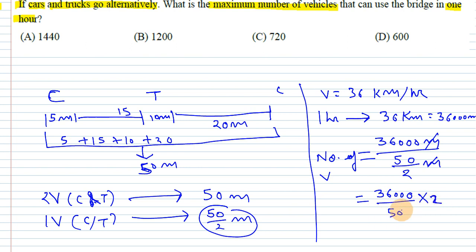Okay, this zero gets cancelled with this one, and 5 7s are 35, we are left with the 1, then 5 2s are 10 and 0, and we multiply with the 2, then it comes to be 1440, right? So the maximum number of vehicles that can use the bridge in 1 hour will be